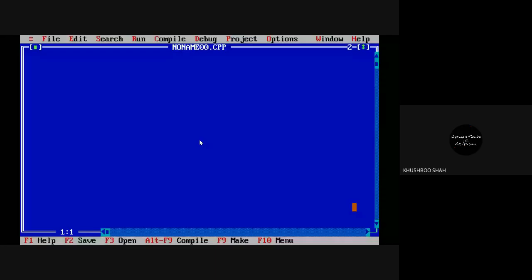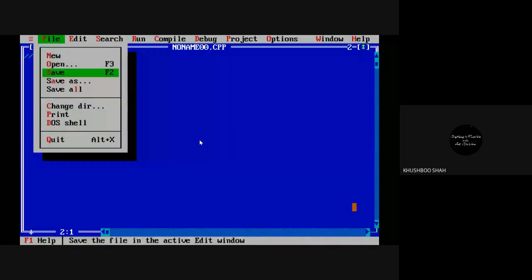So the first program is just to simply print hello world. That's it. This is the simple program. One thing, make sure that when you start the program, first save it, because it might be possible that because of a power cut or some other reason you may lose your work. So always make a practice to save your work.